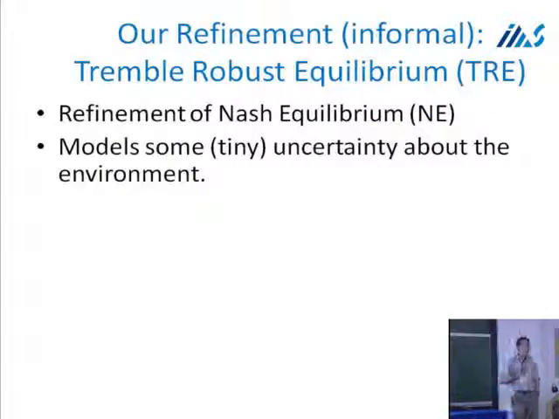Since we have a multiplicity of equilibria, we suggest a refinement to choose between all these different equilibria. Our refinement is supposed to capture the intuition that in the games that we've seen before, the uninformed bidder is so disadvantaged that he shouldn't be aggressive. He takes a risk by bidding higher than 0 or higher than L, but gains nothing out of that. The way that we want to model the fact that this is a risk is by saying that there is some tiny probability that another bidder will arrive at the auction and submit a uniform random bid between L and H.